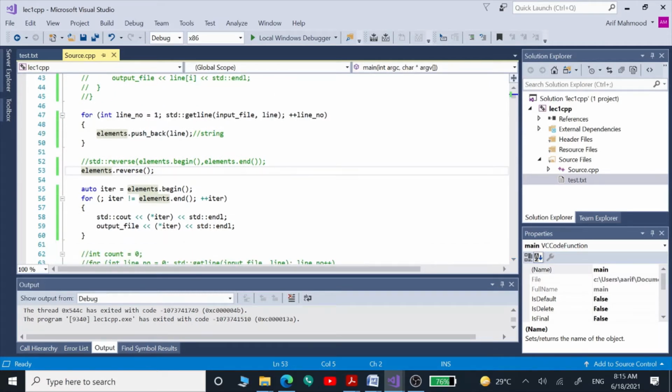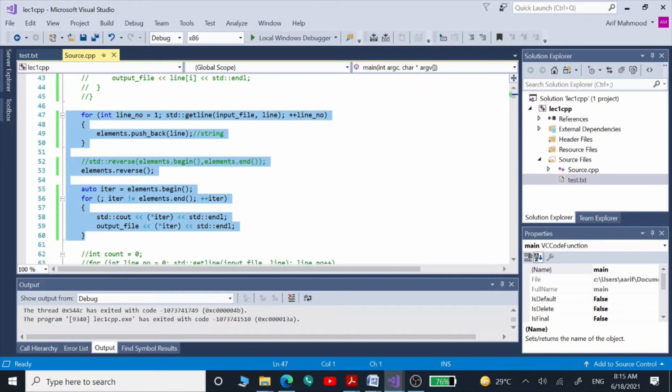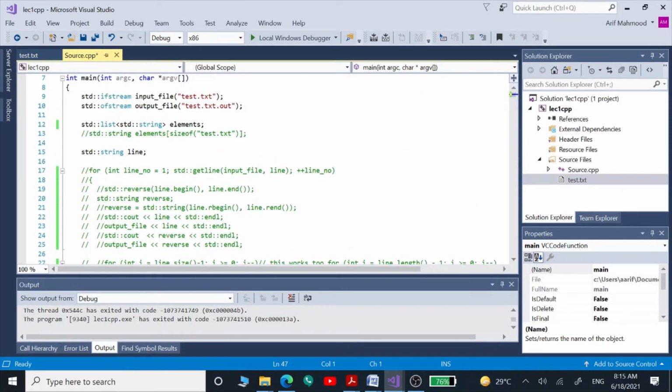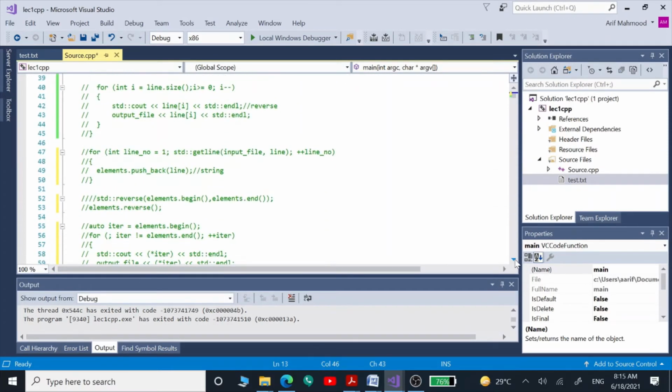Now we have to see how we can reverse our array. In order to do that, here we defined elements as a list. Now we can use the same variable elements and define it as an array. We can see here we have defined an array like this and sized it like this using these square brackets. The array is also of type string, that's why we are using string on the array.